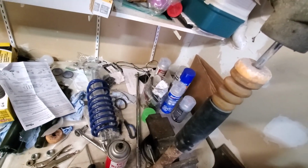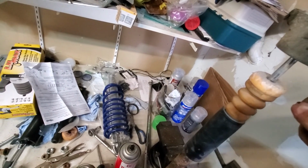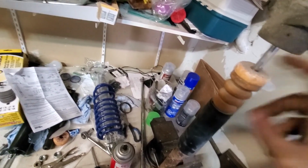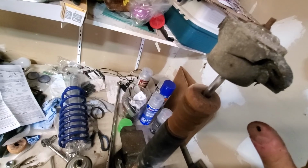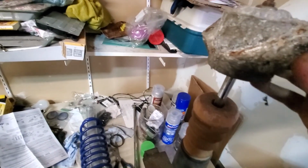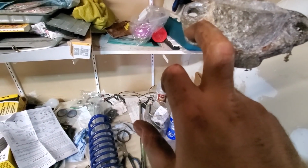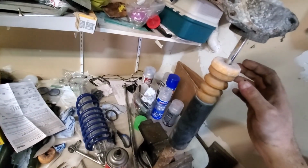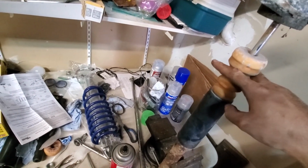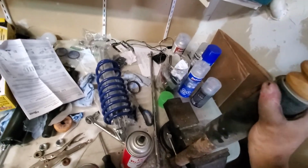So actually I forgot, on the passenger side I had to cut this because this mount was not coming off. I was able to take the bolt off, but it was just seized onto it completely. Normally it just pops right off. The only thing holding it down is the nut, but when I tried taking it off on the passenger side, I had to cut it. So let's see if I'll have to cut this one. And the bump stop, I'm pretty sure it has to be trimmed. I ended up trimming it right about here on the passenger side, but